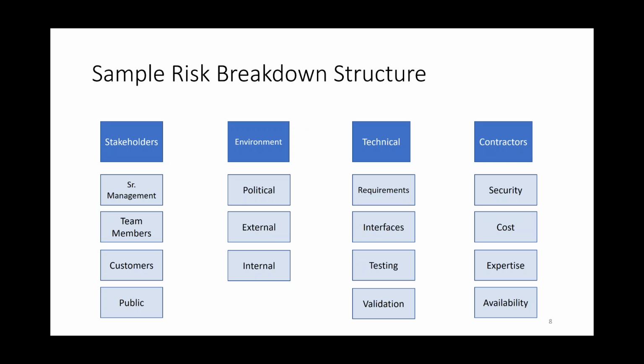So then you could look to say, what in my requirements, are there any requirements I see that are not stable? Or any requirements I think are unclear? And then those start to identify your individual risks. So again, break it down to whatever level makes sense for your project and have these categories of risk, whatever makes sense for your individual project. And again, this is just a tool to help you define individual risks that will happen later.